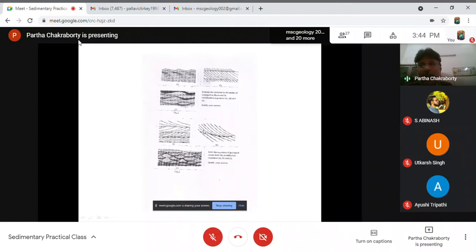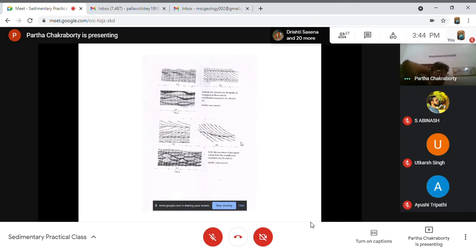There is an overlying set. These two sets, in the down current direction, become merged. This is very typical of tide, that a larger bed form, and on top of it a small bed form, overrides a large bed form. And in the down current direction, both the bed forms merge and form a large scale cross stratification. That is what is called the reactivation surface.